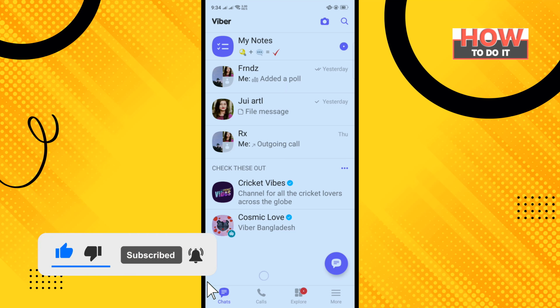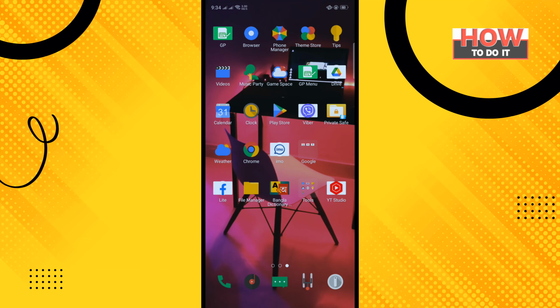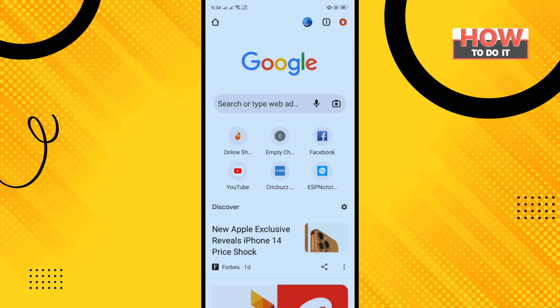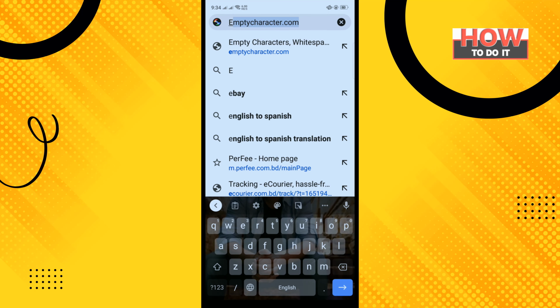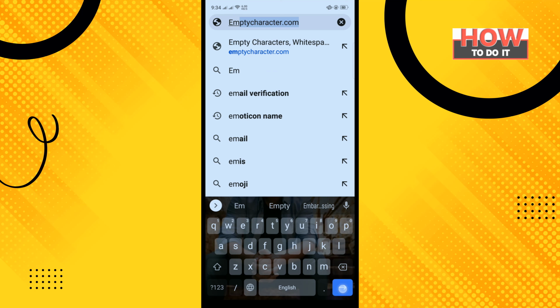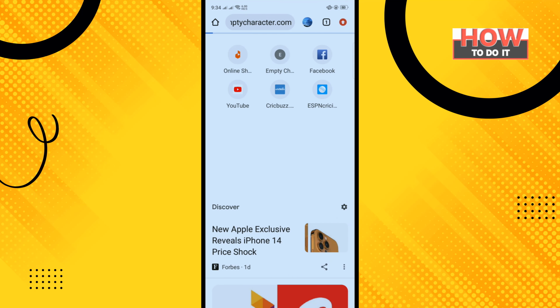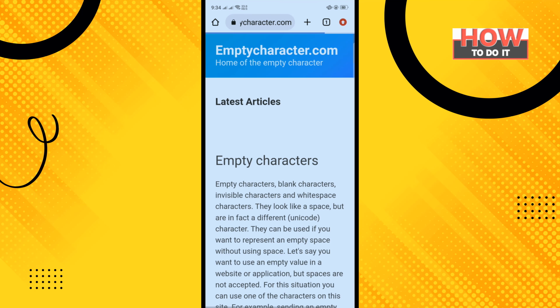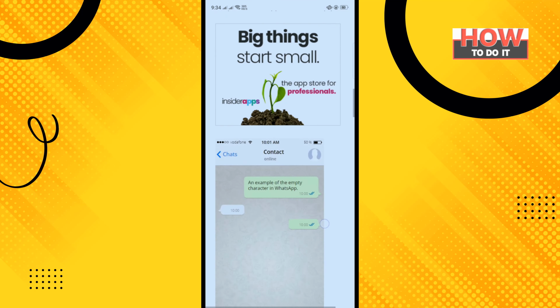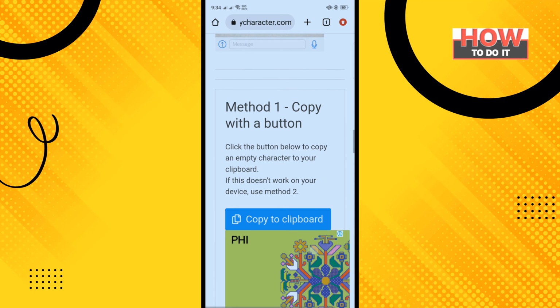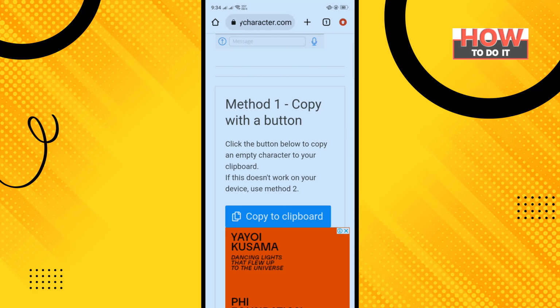How to do it? So first of all, open your browser. You can use any browser and then type here emptycharacter.com. After visiting this web page, scroll down and here you find method 1. So all you have to do is just tap on copy to clipboard